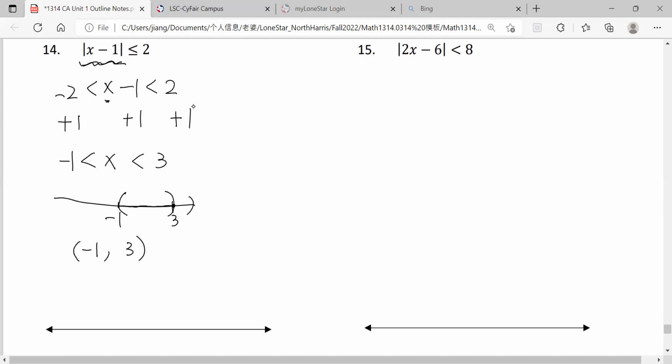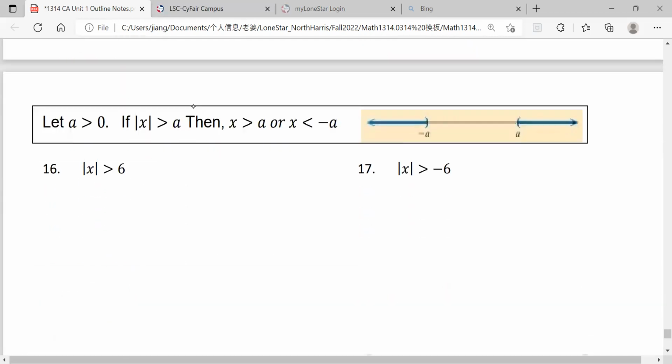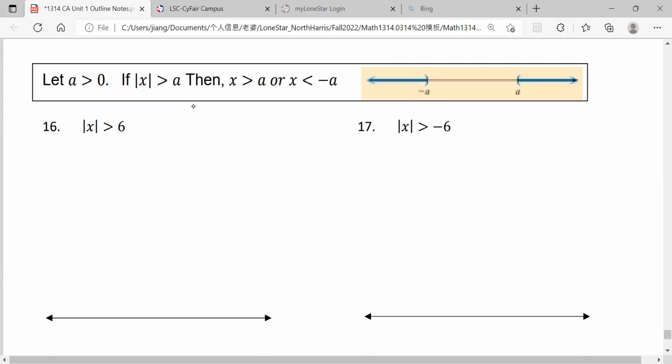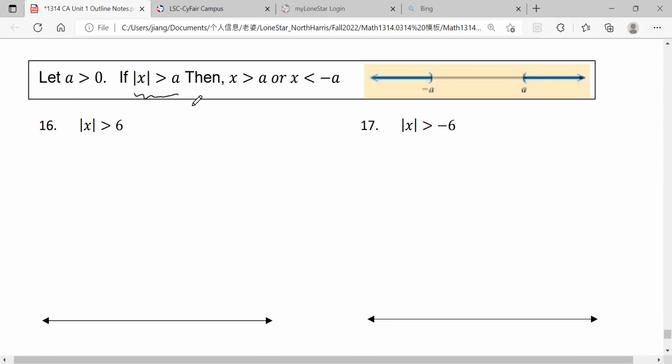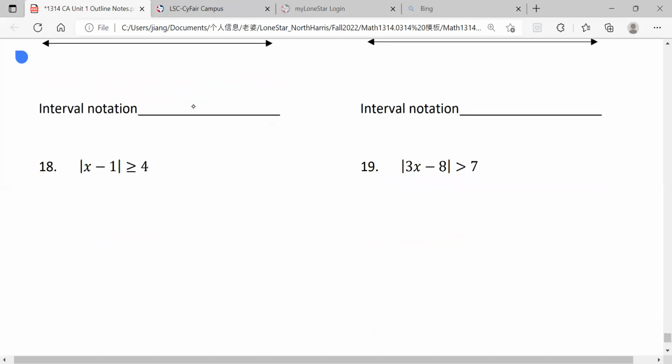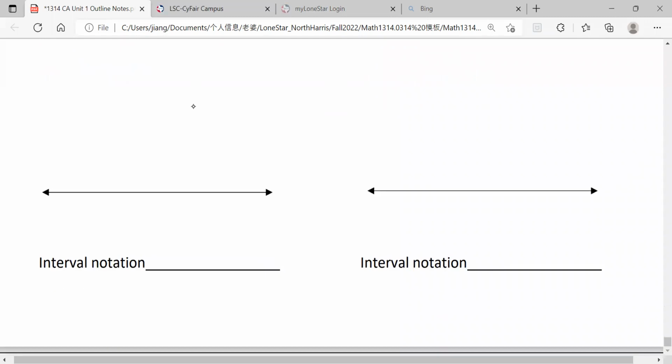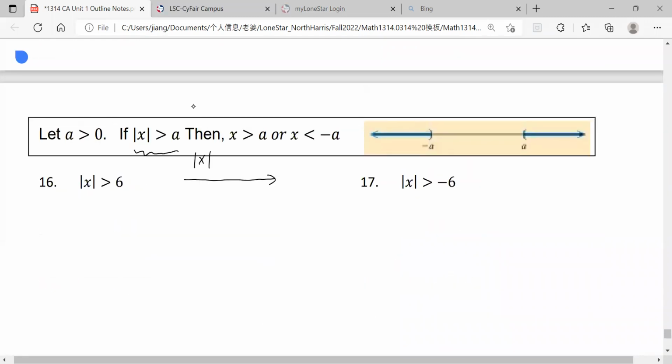So the next one is the same. And next part, let's see. If the absolute value of x is greater than a, this is the question I got from you. So let's do the review. If the absolute value of x is less than a,